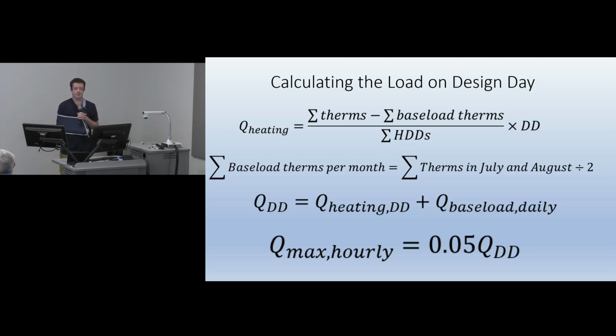And then we multiply that by our design day, which is the day that we anticipate to be the coldest day of the year, which might be like a 70 heating degree day. So that will give us the total therms that we're going to use for heating on the peak day of the year. And then we add that to the base load, and the maximum hourly usage is about 5% of